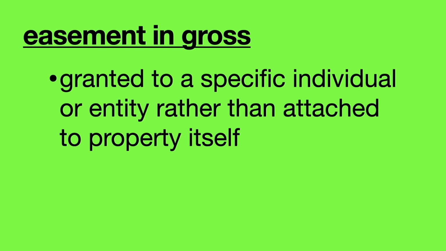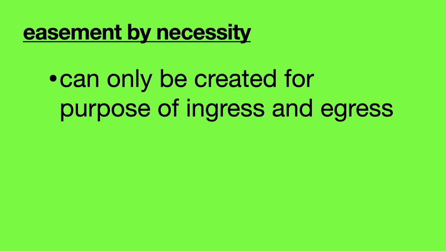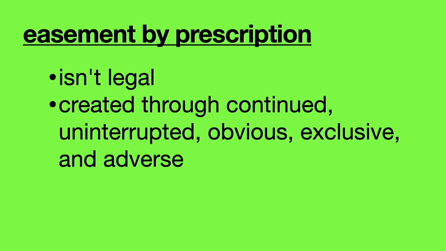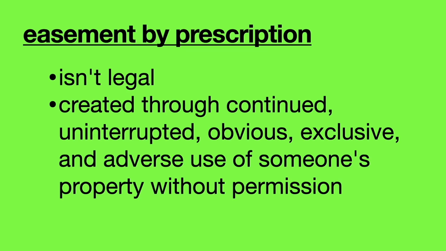Easement in gross, granted to a specific individual or entity rather than attached to the property itself. Easement by necessity. This easement type can only be created for the purpose of ingress and egress. Easement by prescription. This easement isn't legal and is created through continued, uninterrupted, obvious, exclusive, and adverse use of someone's